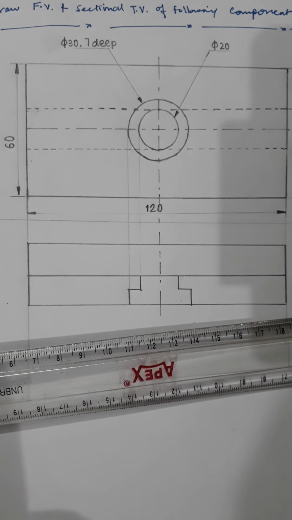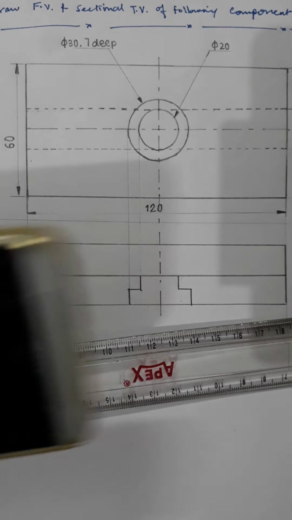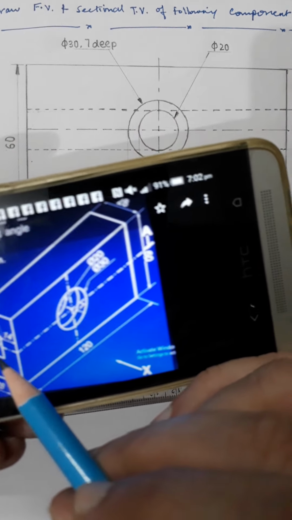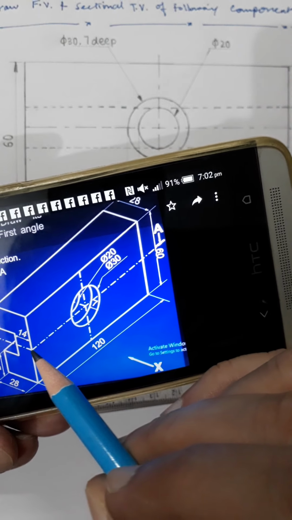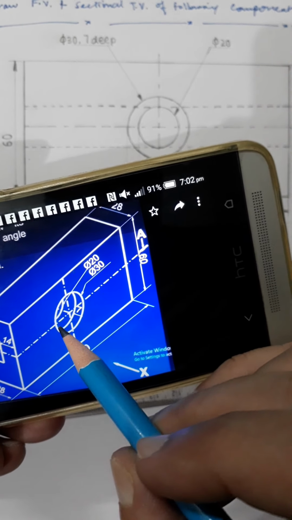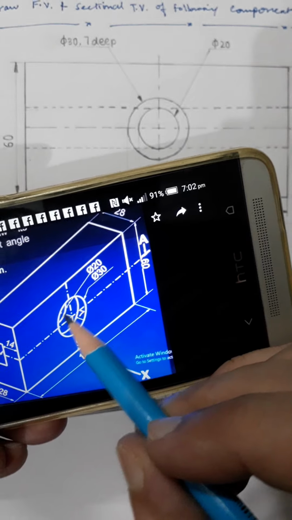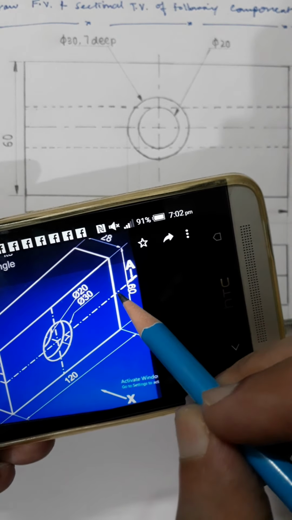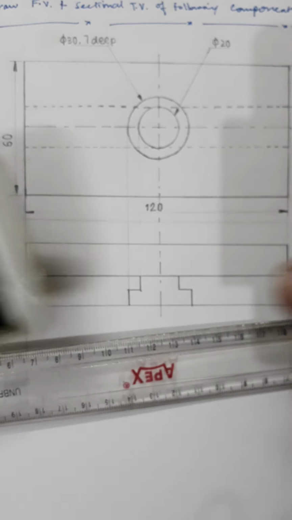Now you have to section. This is the cutting plane line. It is touching here throughout, starting from this edge up to these holes, then it is hollow, and on the other side the same as well. It is throughout, and I will now draw the section lines.